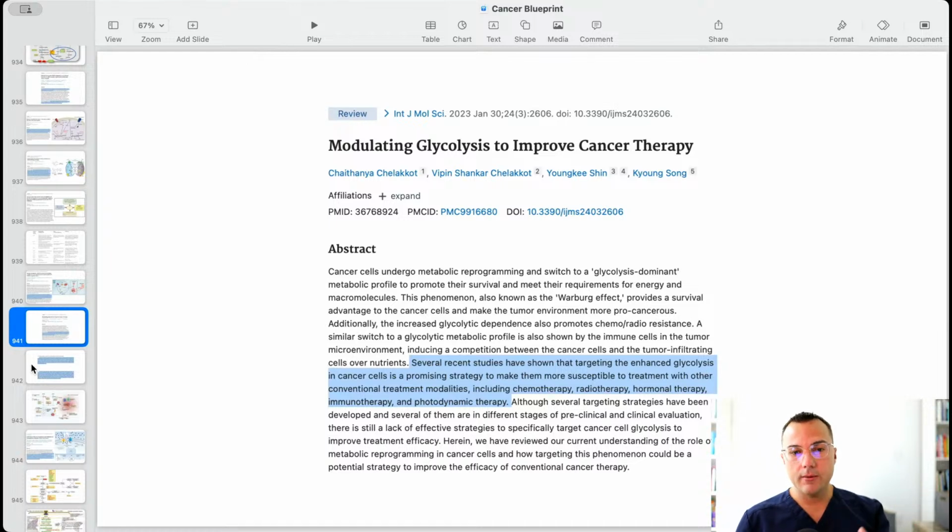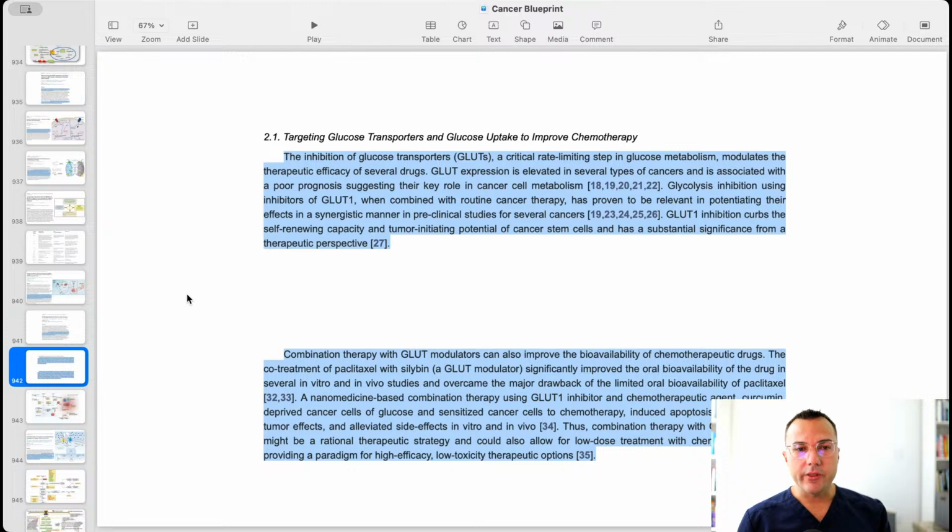And so my point is that most of what we're talking about here is going to enhance even chemotherapy, and potentially allow in the future, if chemotherapy is even still relevant or needed, much lower doses that have a more targeted effect on the cells they are actually intended to kill. I'll digress. Later on in this paper, it says, the inhibition of glucose transporters, GLUT, a critical rate-limiting step